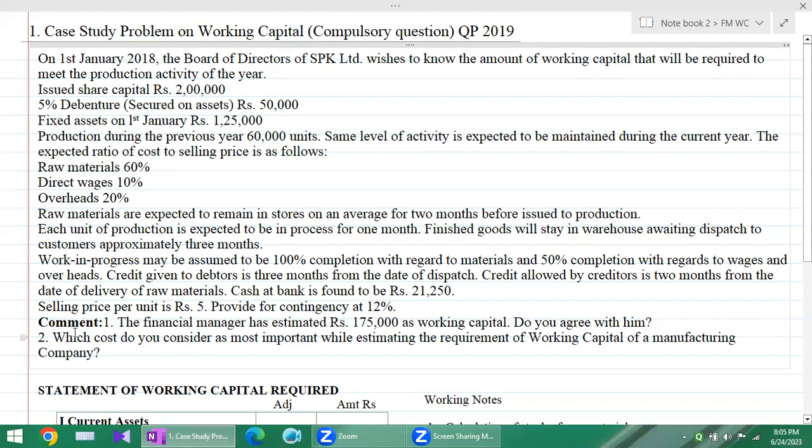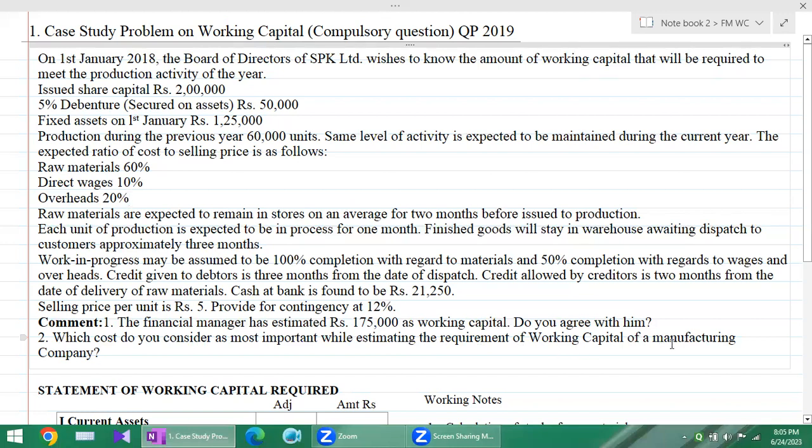And the last para, that is the comment: the finance manager has estimated rupees 1,75,000 as working capital. Do you agree with him? This is the first question you need to answer after solving the problem. We'll have to comment on this also. And the second one is, which cost do you consider as most important while estimating the requirement of working capital